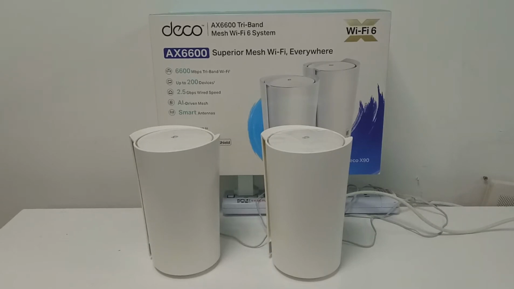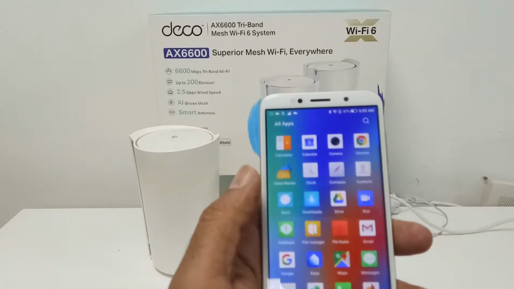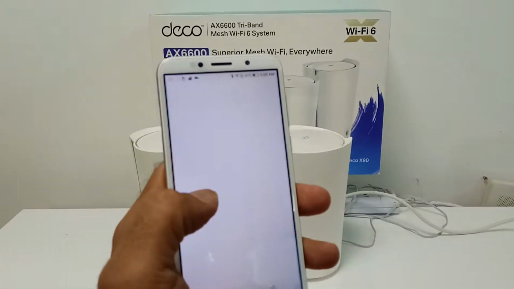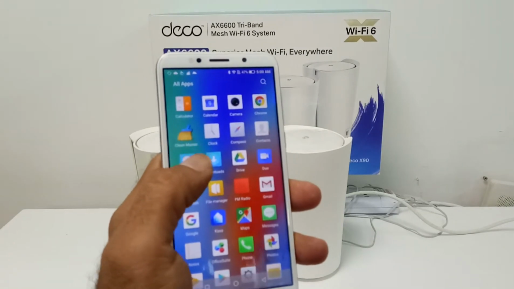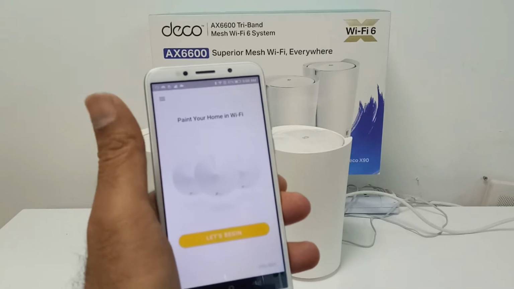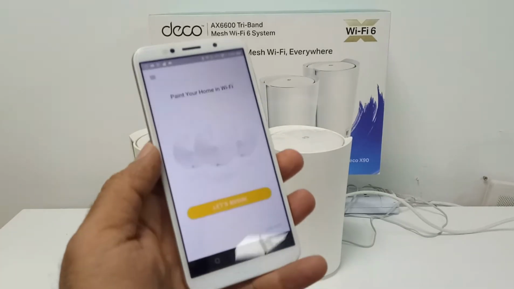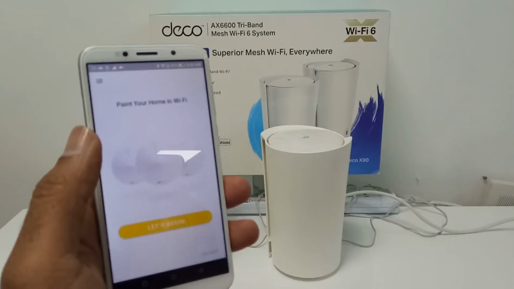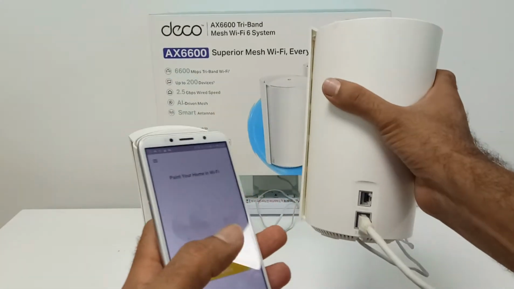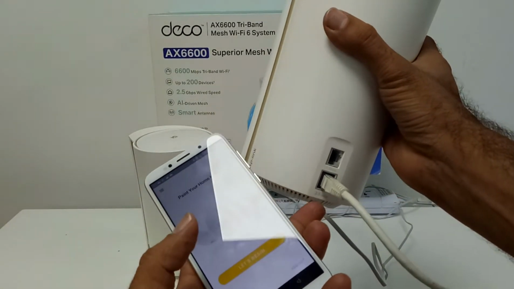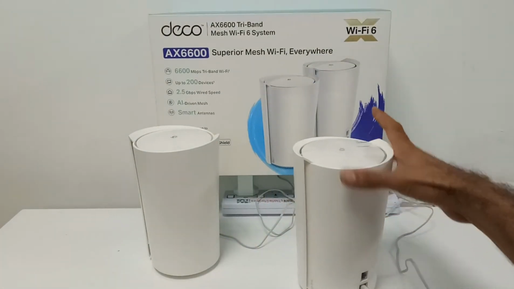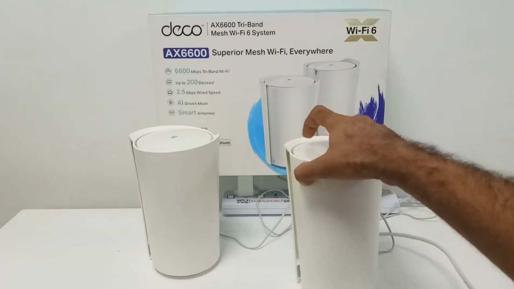So first we have our mobile phone. You can see here is the Deco application, and you can see the light on the Deco unit is flashing blue. So I will open it. I already registered my Deco application and I have my username and password. The first page will open like this. You can see there are 2 Ethernet ports, and one we have connected to our ISP line. This is the line from the ISP, and the second port is empty. Then we need to start the configuration.